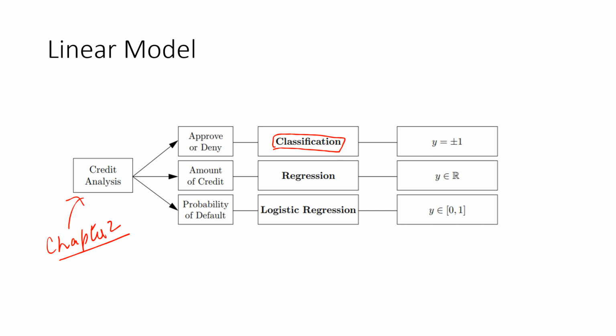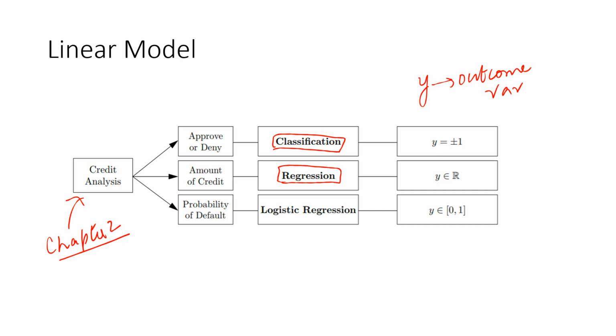The second possibility could be that I have all this data about an incoming applicant, and I just want to predict the amount of credit, some credit level for that applicant. In that case, the outcome is going to be a real number, and so this is a regression type problem. So whenever the outcome, and this y is nothing but the outcome variable,